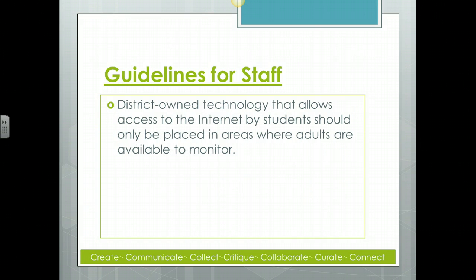And the other piece of that is that when students are on the internet in our district, they need to be monitored by staff. So there should never be kids in a room without an adult who are allowed to be on the internet. Probably there should never be kids in a room without an adult anyway. But we are responsible for monitoring their content, and the best way for us to do that, and the best way for us to keep our network as open as possible, is to make sure that we're doing a good job of monitoring what's happening with students in the classroom.